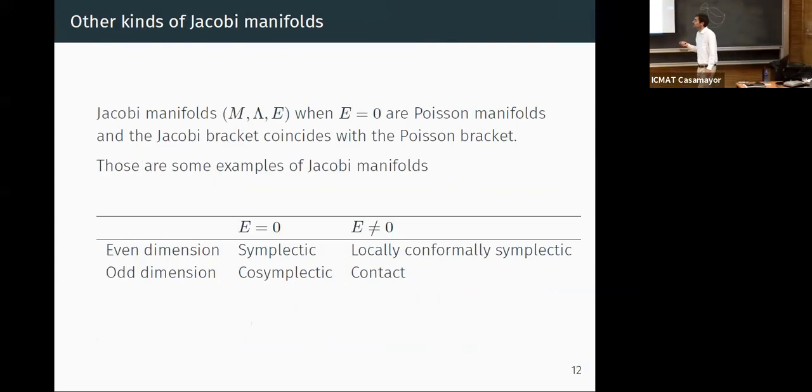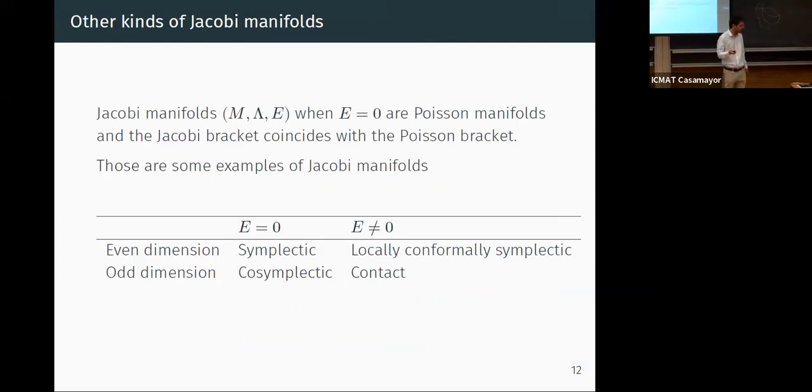Okay. More examples of Jacobi manifolds. Well, in the case that the vector field is 0, we just get the Poisson manifolds. Examples of Poisson manifolds are symplectic manifolds in even dimension and cosymplectic manifolds in odd dimension. And in the case that you have a non-vanishing vector field, more examples are the locally conformally symplectic